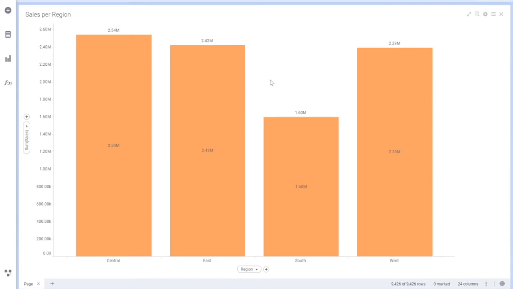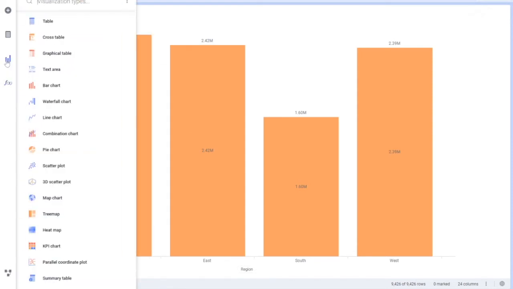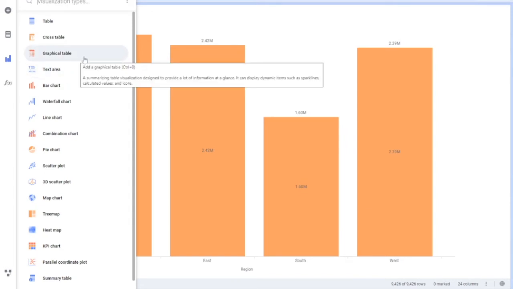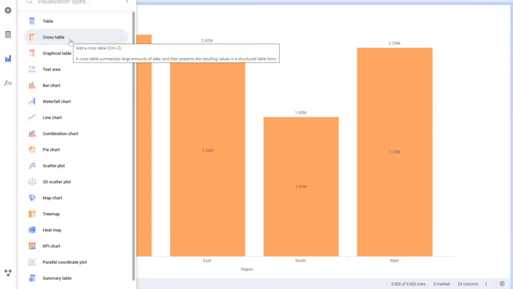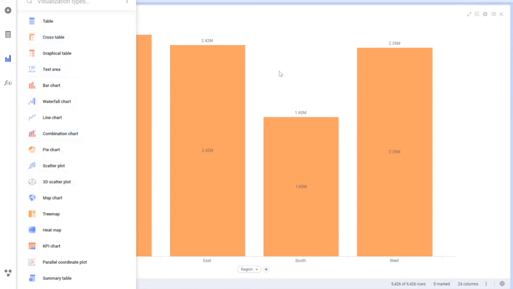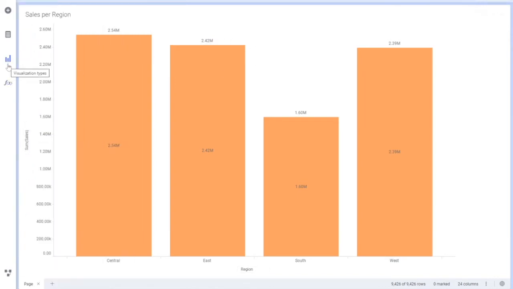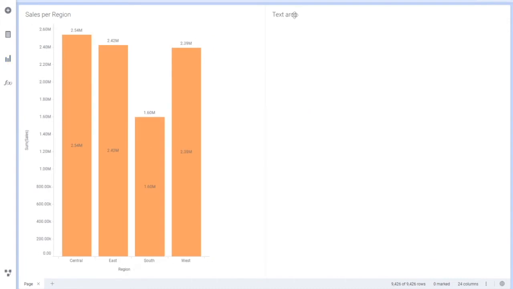Control T is a short key for this, or you can go to the visualization and select text area. For every visualization you have some kind of short keys which you can use. So I'll say Control T and I got a text area.